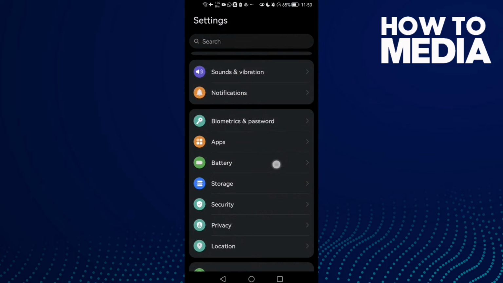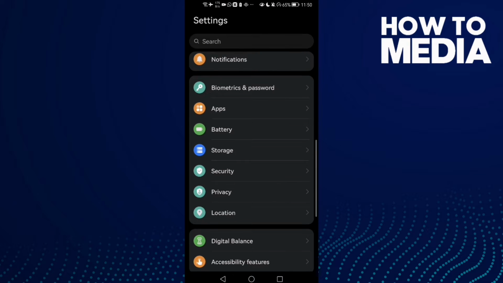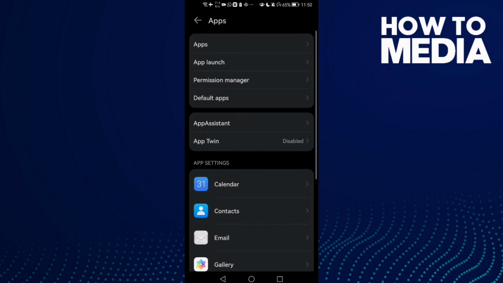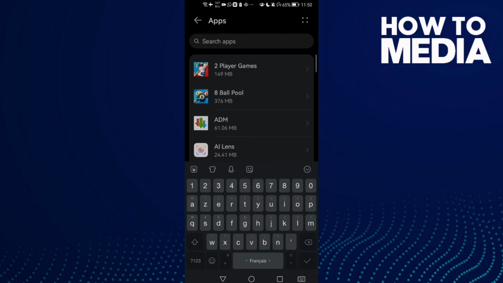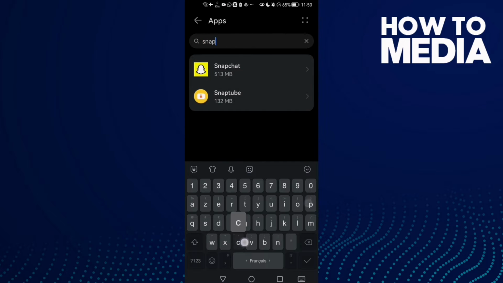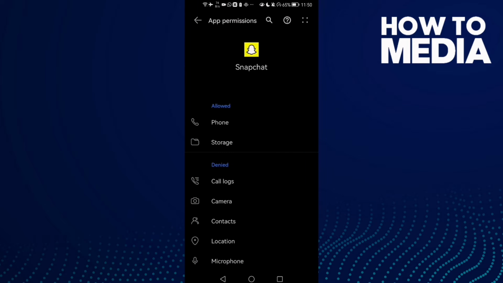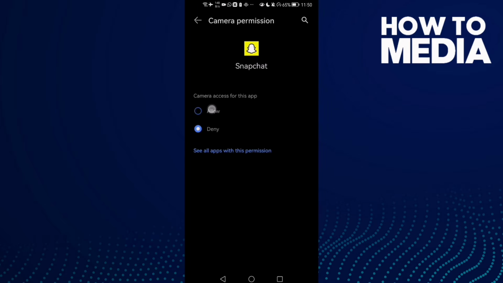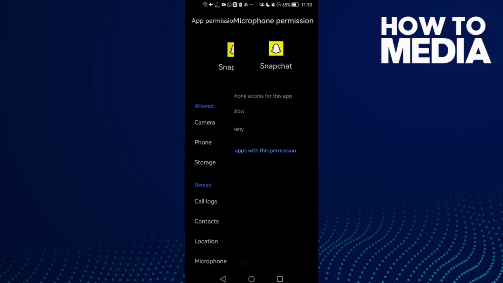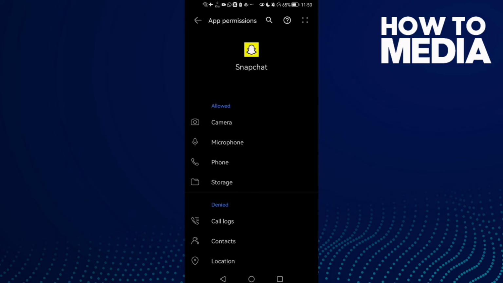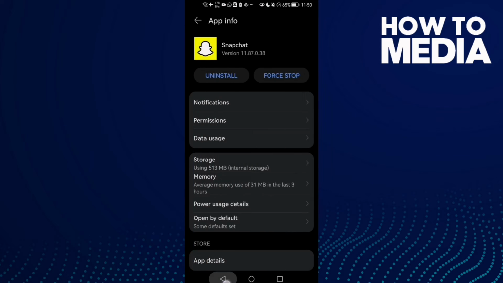First open settings and then scroll down until you find here apps, and now click apps again and then just type here Snapchat and click on it, and here all you need to do just click permissions and then click this one here camera and allow, and then click microphone and allow it. And after that just go back